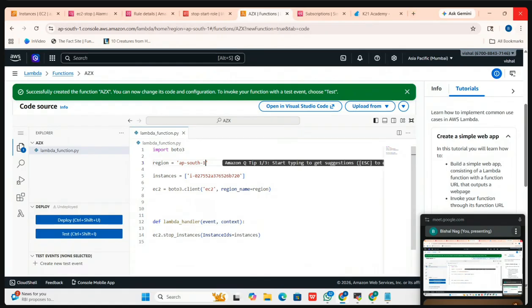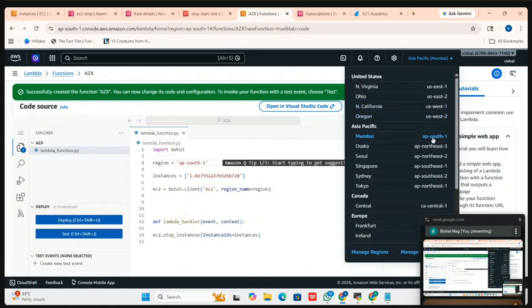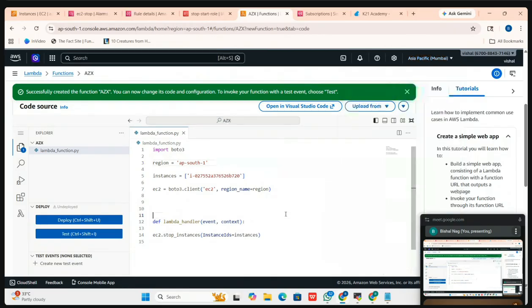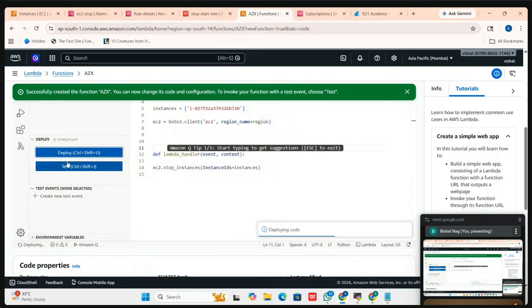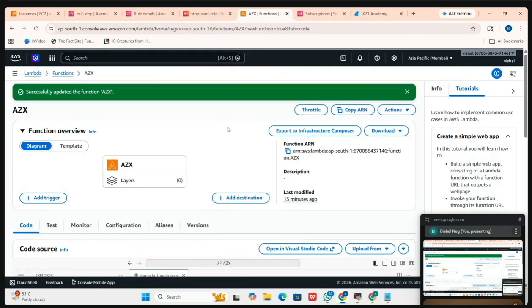क्यों? क्योंकि मुंबई रीजन है ना अभी, ap-south-1 ये लिखना पड़ेगा रीजन। ये रीजन में ये EC2 इंस्टेंस को क्या करना है, स्टॉप करना है, बस ये है पूरा कोड, बस हो गया। अब इसको क्या करना है, डिप्लॉय करना है यहाँ पे, डिप्लॉय द कोड, डिप्लॉय हो गया, फंक्शन हो गया क्रिएट। अभी ये हो गया आपका स्टॉप का फंक्शन,